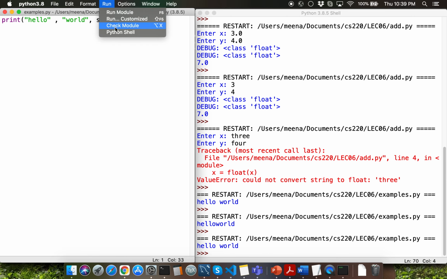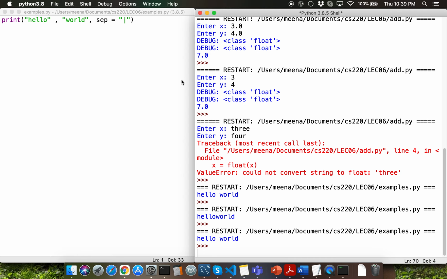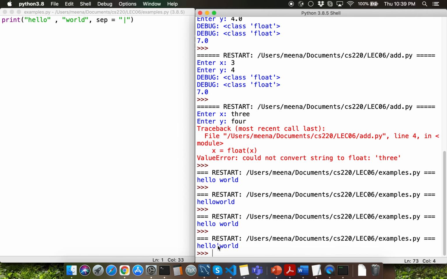Let's save the program and run it. I'll talk about what exactly that's doing in a minute. Notice that the output here says hello vertical line world. The sep parameter enables you to configure the separator between the arguments that you pass to the print function call.